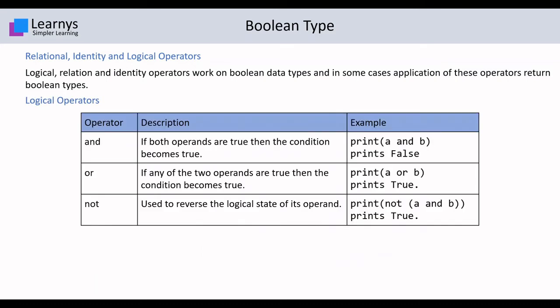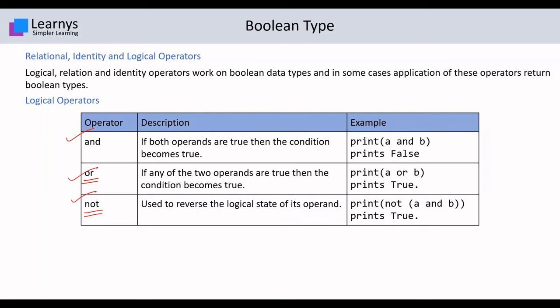There are three logical operators, which are AND, OR and NOT. If both the operands are true, then the condition becomes true. If any of the two operands is true, then the final output becomes true when we talk about the OR operator. The NOT operator will only have a single operand and it will convert the logical state of the operand to